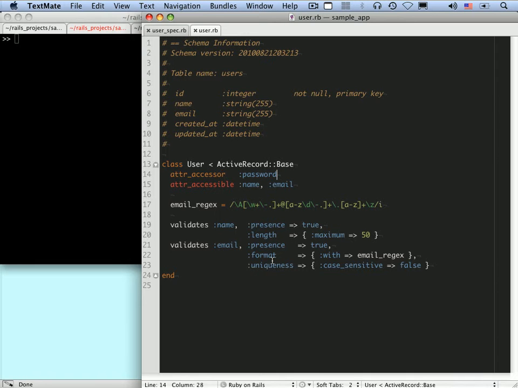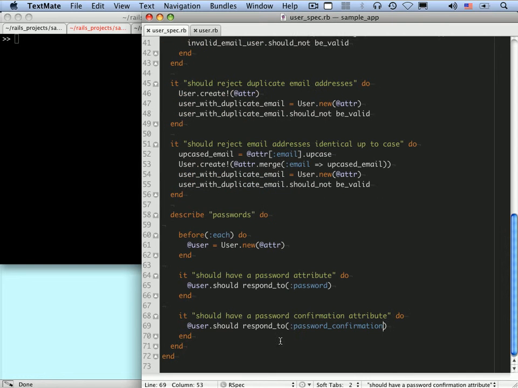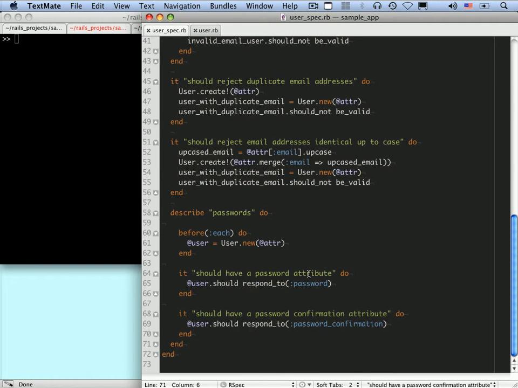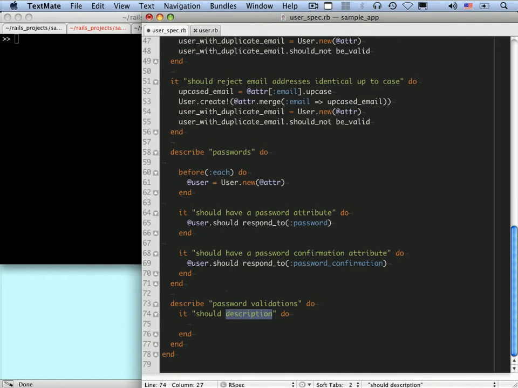So let's start on a new validations block here in the user spec. Let's make a block for describing password validations. And let's start off with something we know for sure, which is that it should have a password. So we'll say it should require a password. And let's do